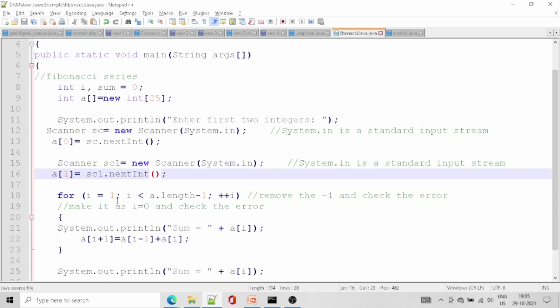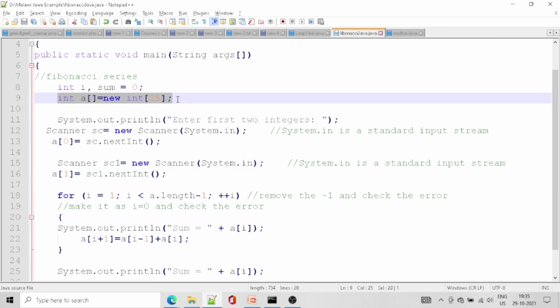Inside the loop we are initializing I equal to 1 and I less than a dot length minus 1, plus plus I. We can use plus plus I or I plus plus, either way. This is called pre-increment. This is an array.